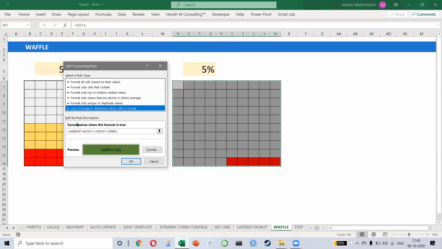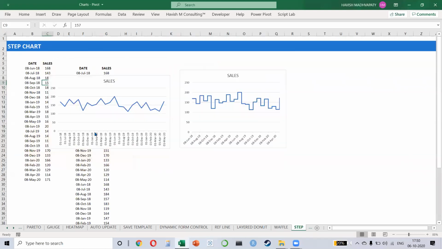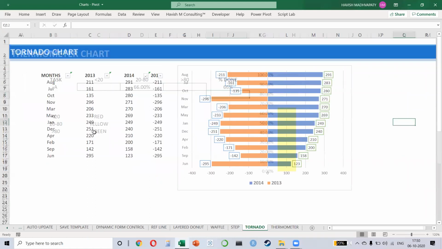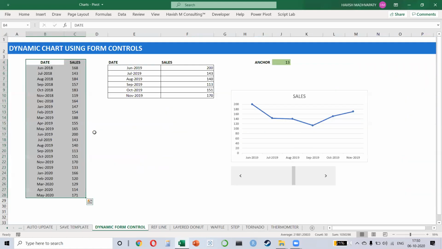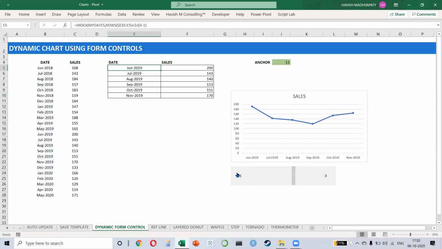So I've written 3 formulas here in conditional formatting. Not too difficult, not too simple. I would say it's an intermediate level formula. The reason I wanted to show this to you is to tell you that even in Excel, look at this one. I don't have time to cover this today, but you can actually make things like these. And would you believe it that this is not programming? What I'm showing you right now is not using Visual Basic. This is simply a normal chart with formulas that I've created, right? So a lot of people say, oh, but this is programming. This is not programming. You can do this entire thing without programming.